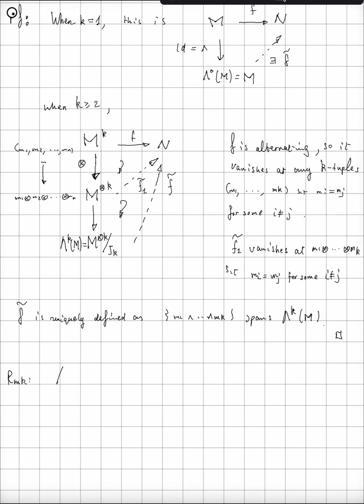Let's define this: here I mean the dual space of R^n, all the linear maps from R^n to R. Think of this as our M. We're going to define this to be the vector space